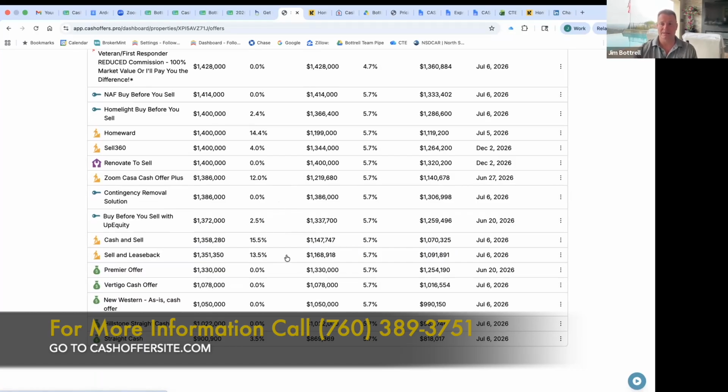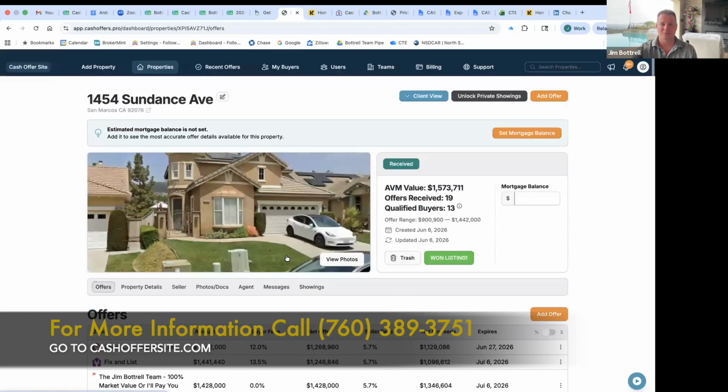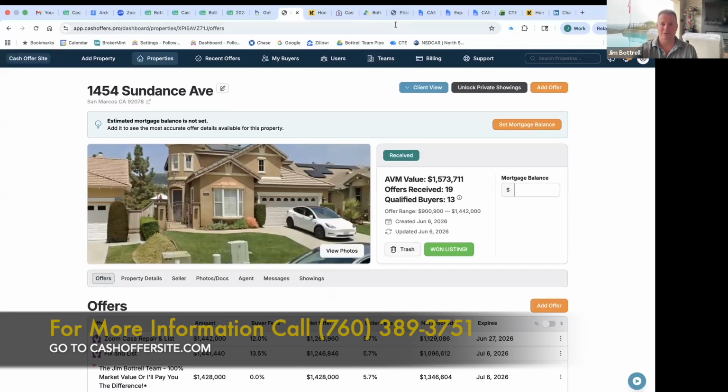This actually solves that problem for them because they can sell their house to the investor and then stay in the property for up to a year afterwards. That's crazy, isn't it? All right. So anyway, going back through these